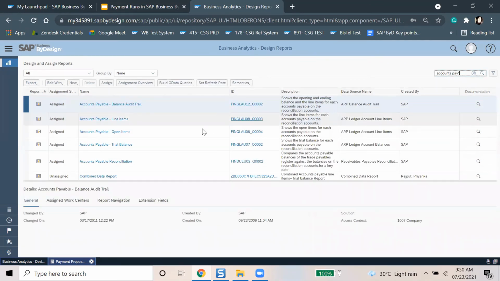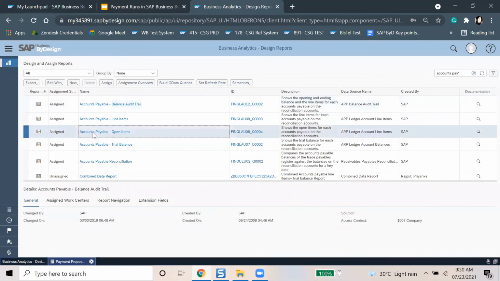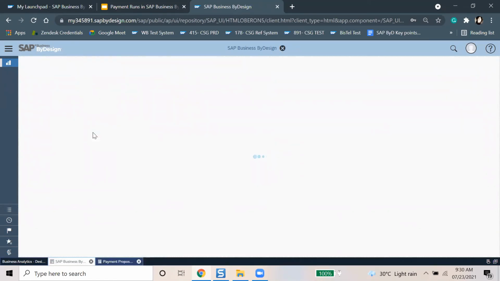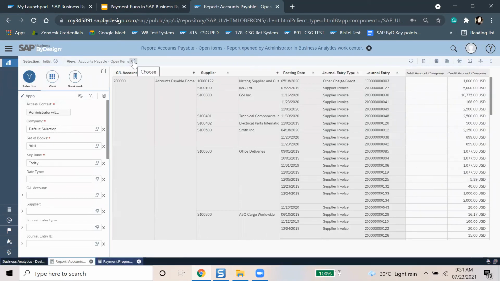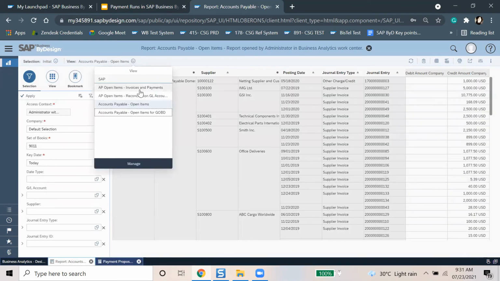We have available reports such as accounts payable open items, same as accounts receivable open items. And we have different views available, like the invoice and payments view,